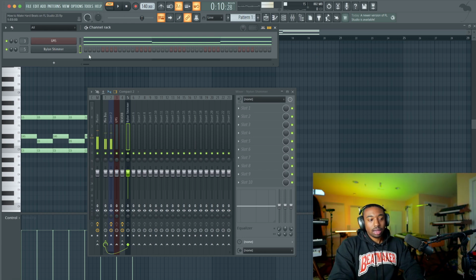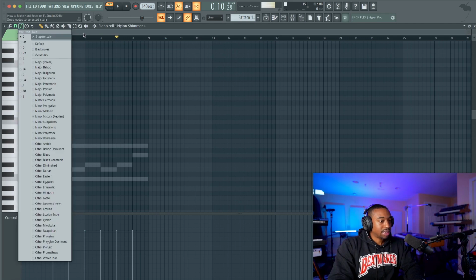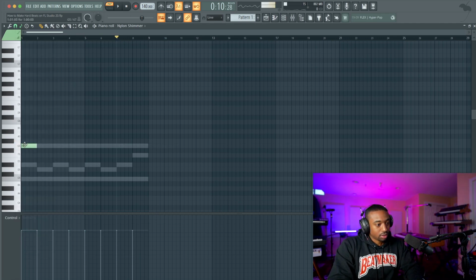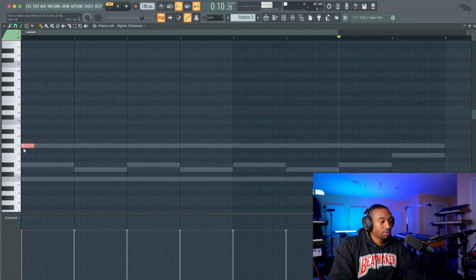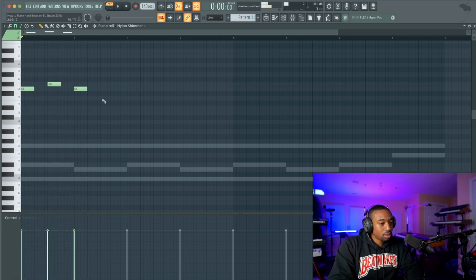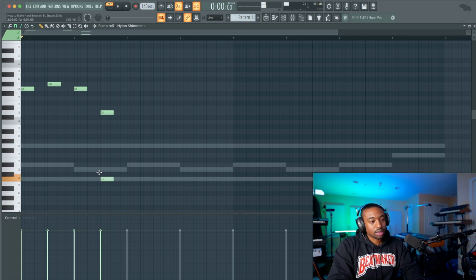Okay, so now we're still in pattern 1. Let's right click, go to piano roll. And because we have snap to scale on, we can't go out of key. So all you have to do, there's no rules for melody. I'm just giving you how to do stuff. Grab the top note of your chord, in this case what we already laid out, hit Control up. Let's start up an octave. And we're just going to do half steps. And then here we're adding D, which is the note that we have here. So we're using the same notes that we're using in our actual chord.